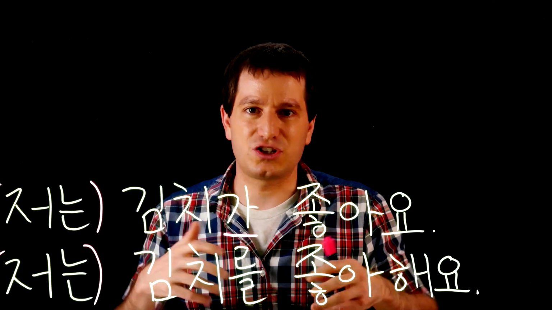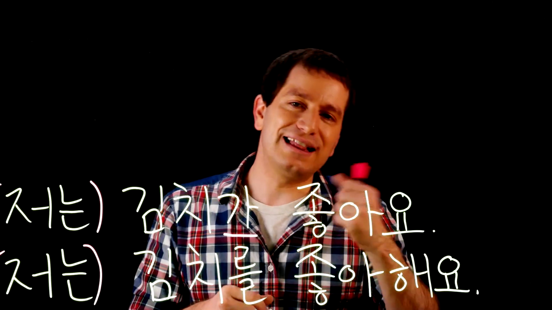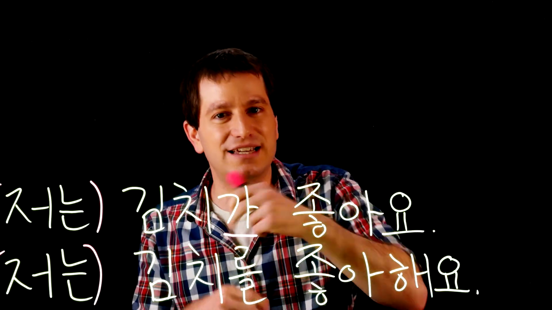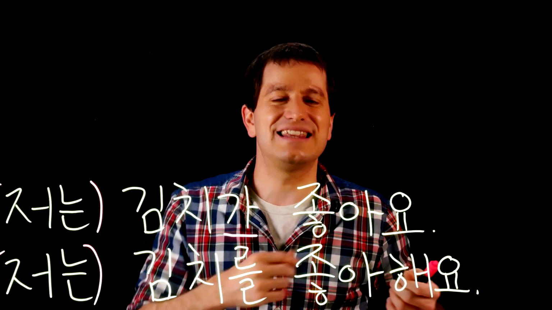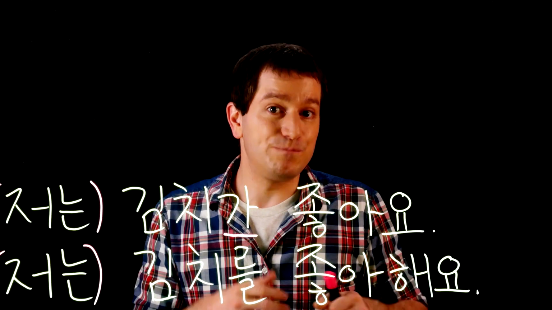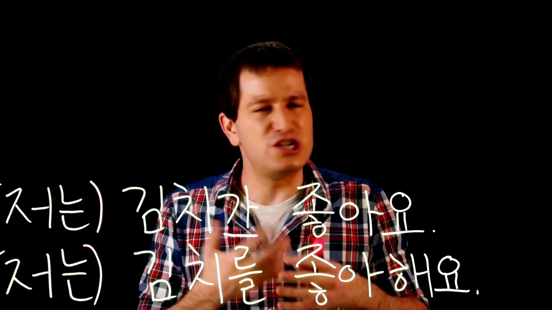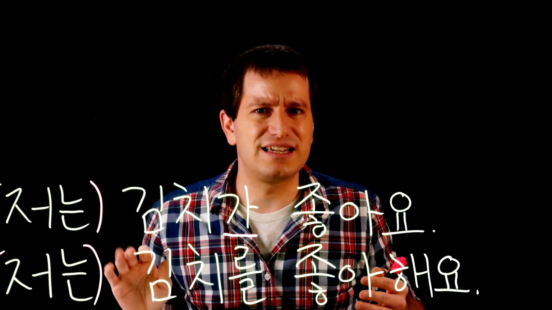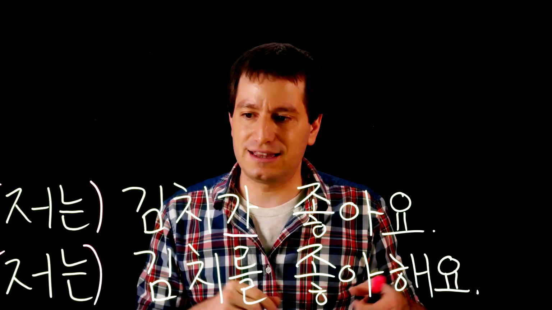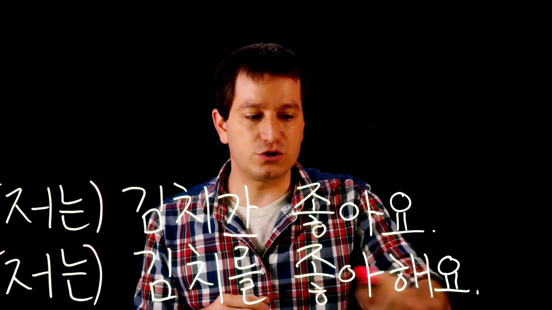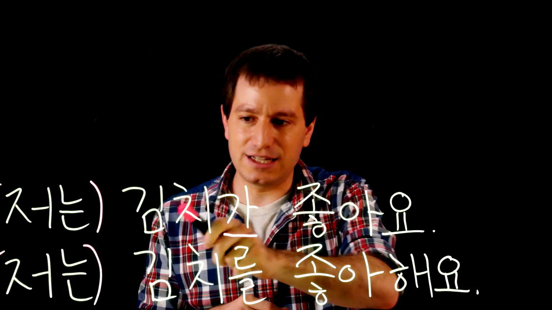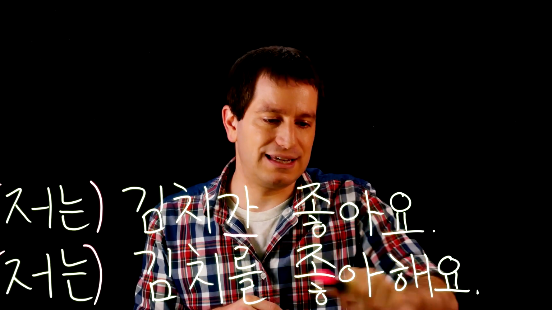So although we might say, yeah, I like kimchi, I think it's great, but I think it's a little spicy, but I still eat it. Notice all those I's in the sentence. Korean doesn't do that. Once you've introduced the topic, you don't need to repeat it again. So both of these sentences will more often be said like this: 김치가 좋아요. 김치를 좋아해요. I like kimchi for both of these translations. Literally, kimchi is good or I like kimchi.